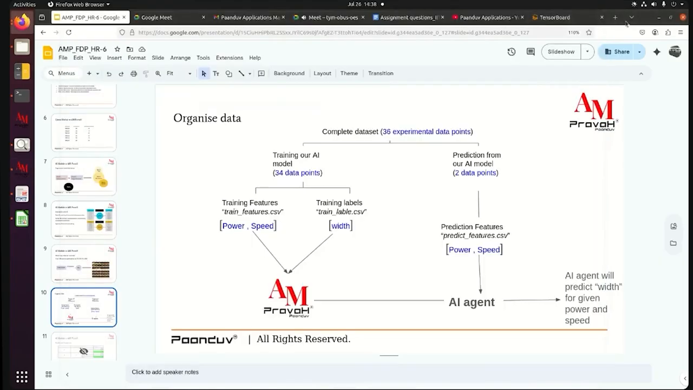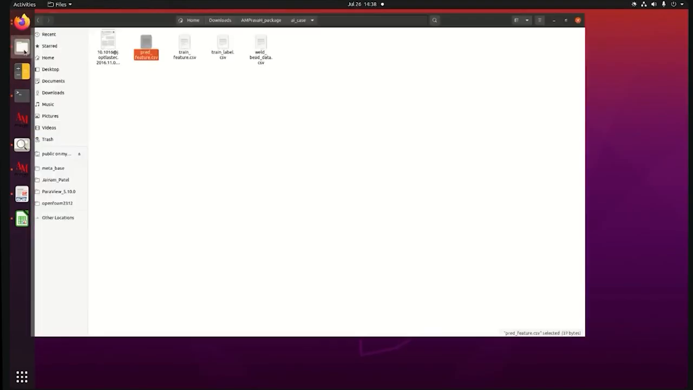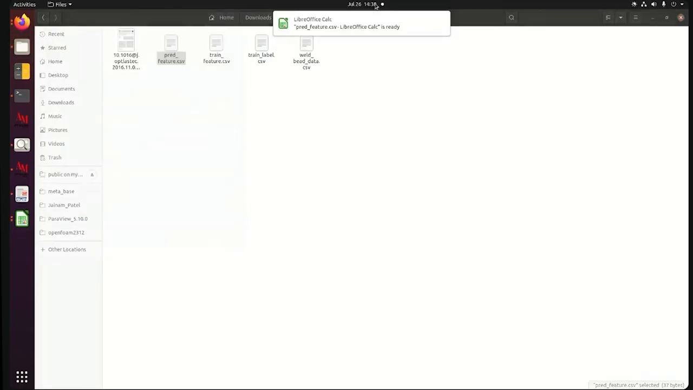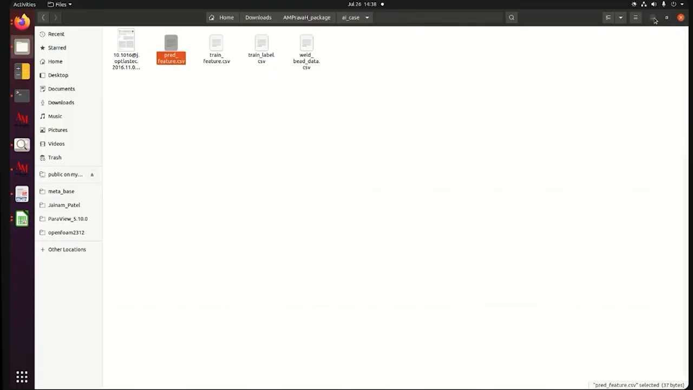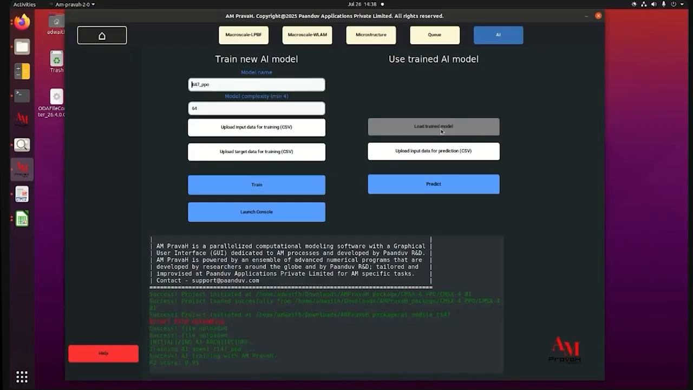And if we want to do further prediction, we can. I think now I can tell you what this particular predict underscore feature.csv is meant for. So now the model is ready, and in this particular file, we have these two process parameters. Now for these two process parameters, if we want to find what would be the width, so what we can do is